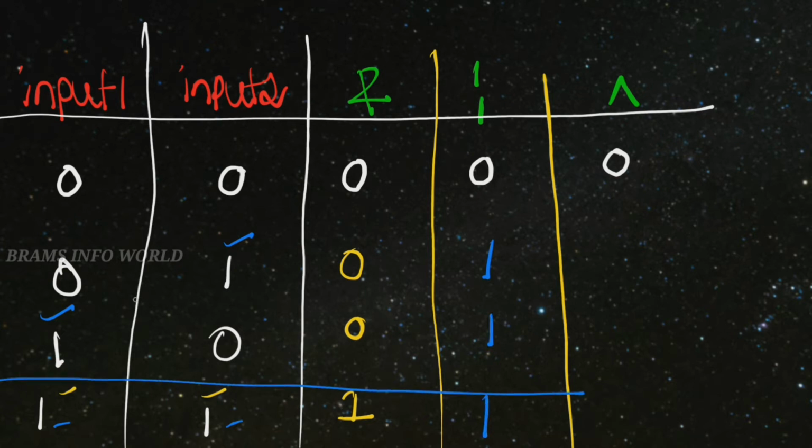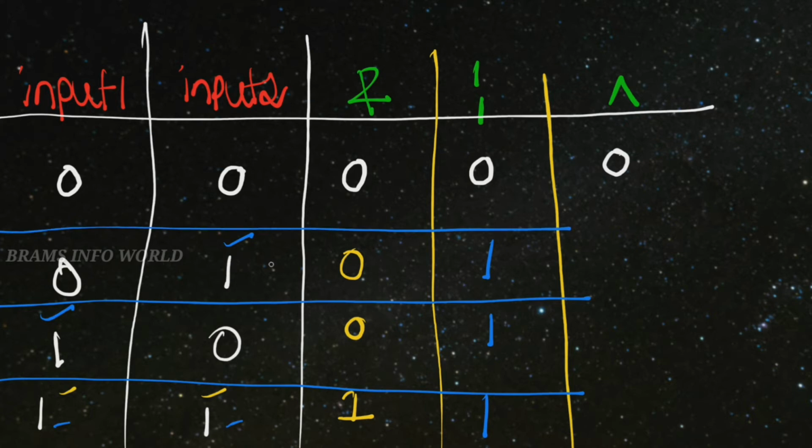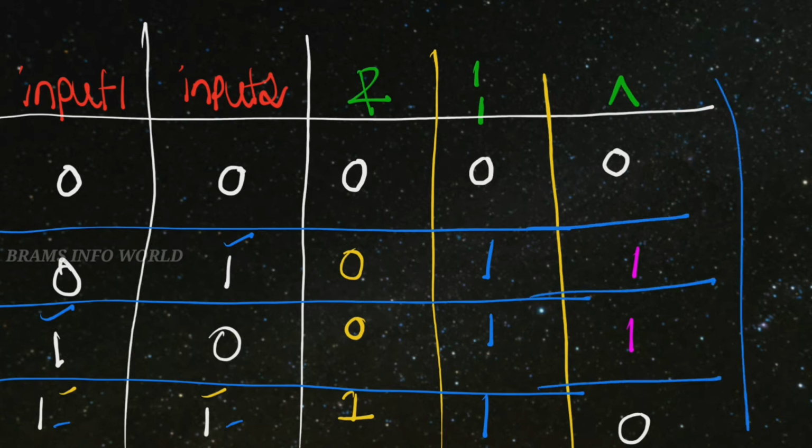So this is the operation of bitwise OR. And let us talk about bitwise XOR. Bitwise XOR means if exactly one of the input values is true, then the result is true. In the remaining cases the result is false. If both are zeros or both are ones, the result is 0 only. So based on this truth table, we are going to calculate the information about bitwise AND, OR and XOR.